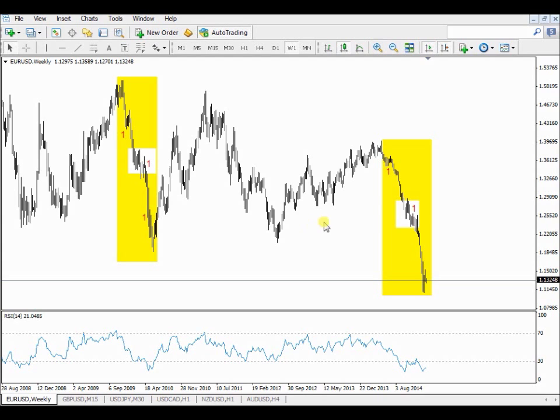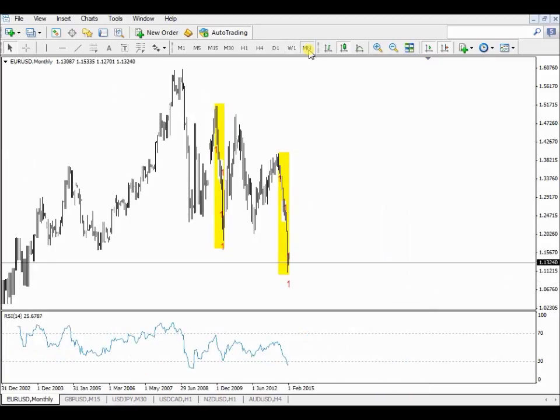This was a small resistance, which I believe is this, and we came down, we made a bottom, and I believe the euro is saying that we will make a bottom here and then we will turn around. Can you see that market is exactly as this market? That's the fractal nature of the market. That's what we do as traders. We want to look at patterns in the market.